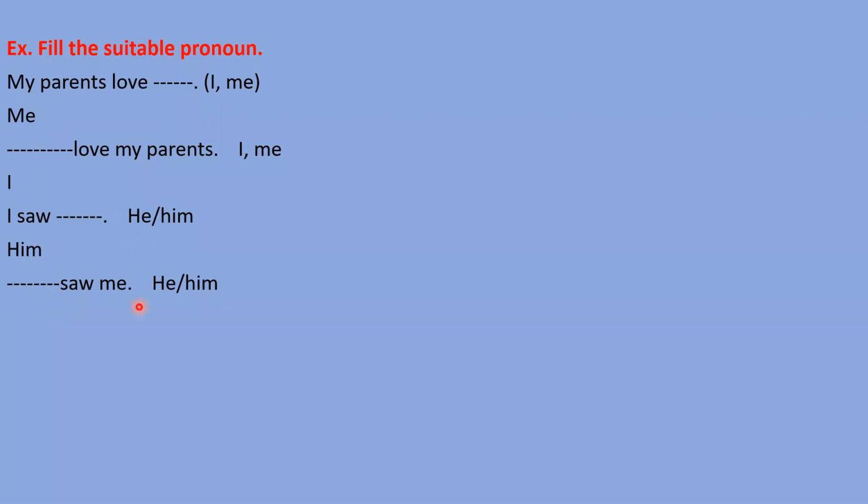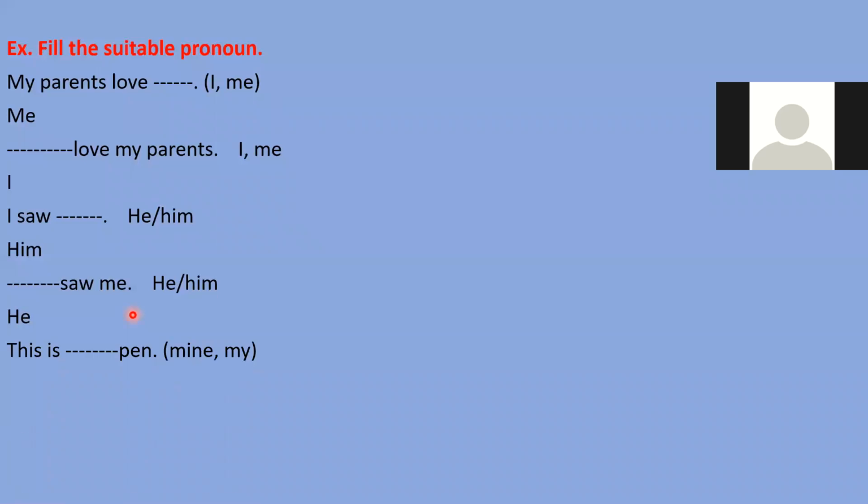Okay. I tell you the answer. Your answer is not completely right. So Aryan, here he will come because we need to fill here subjective case pronoun. Right? So saw is a verb, and before the verb, we need to write the subjective case pronoun. And after the verb, we need to write the objective case pronoun. Clear? So there is a need of subject. So that's why he will come here, him will not come here. Next sentence.